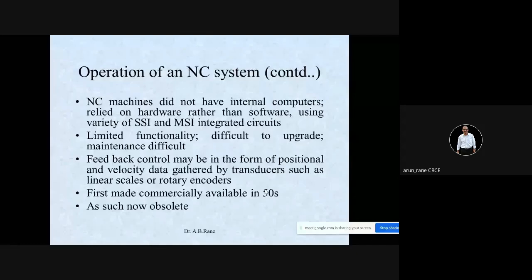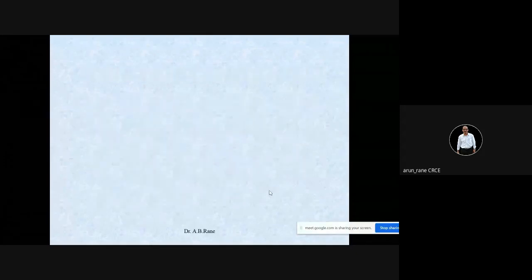NC machines are obsolete nowadays. 15 years down the line, we have only CNC machines now.